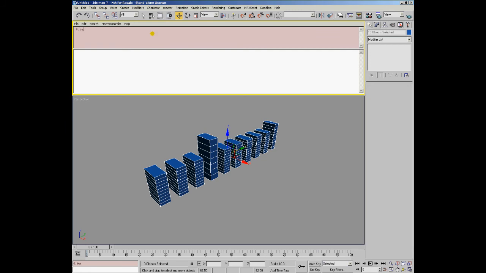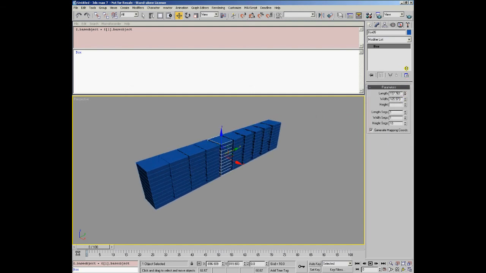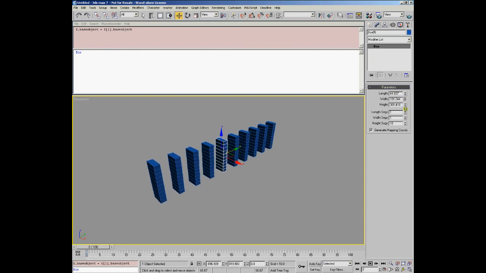For example, $.baseobject = selection[1].baseobject, that means the first object from the selection, base object. If we execute this code and change any of the parameters of any of the objects, all the other objects react as instances, because the definition of instance is sharing